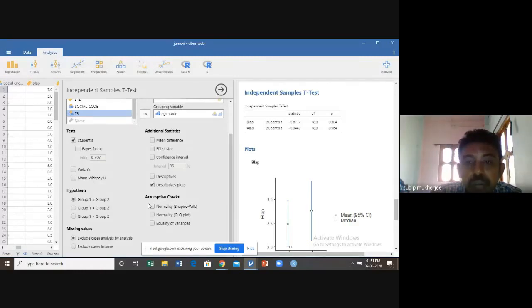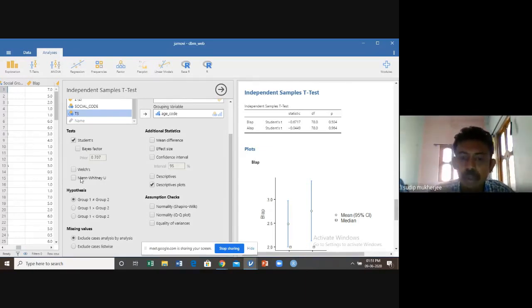For publication and research, and for those doing a PhD, performing a t-test depends on the normality check and the equality of variance check. Without this assumption check, your interpretation regarding the t-test is not valid. As long as the distribution does not follow normality, you cannot perform the t-test.